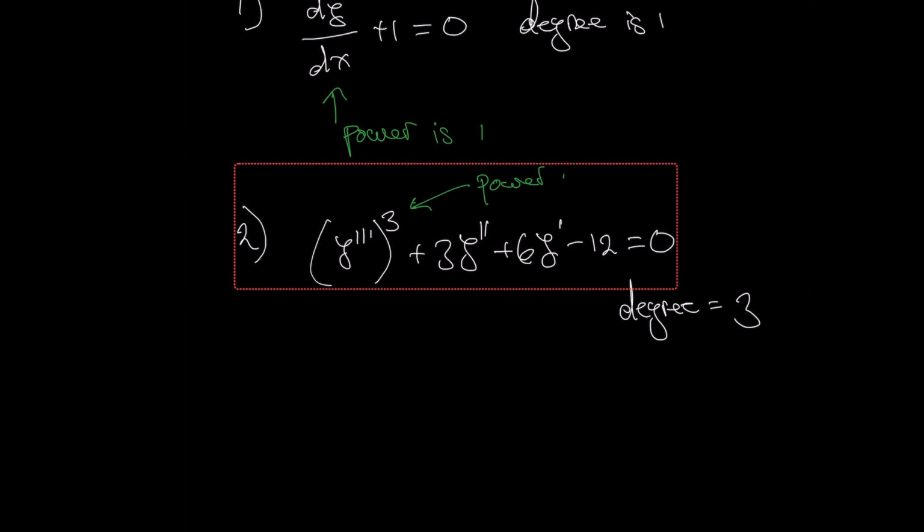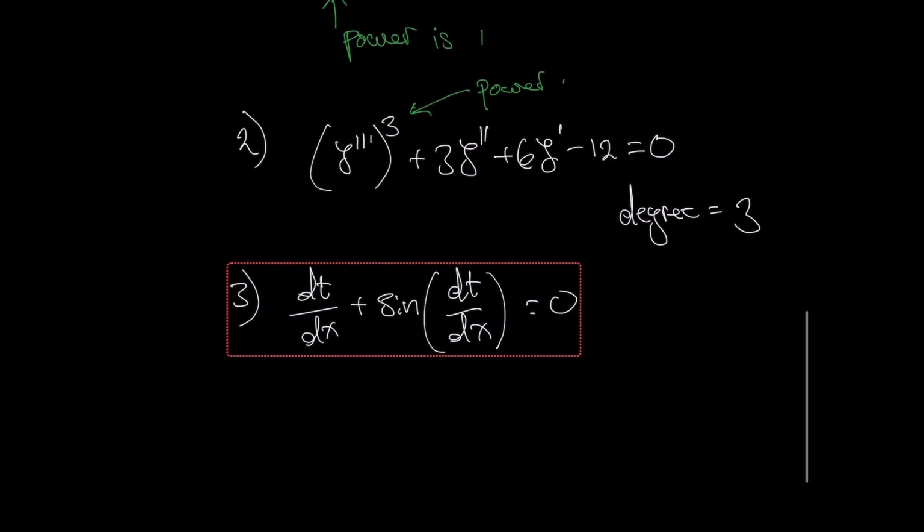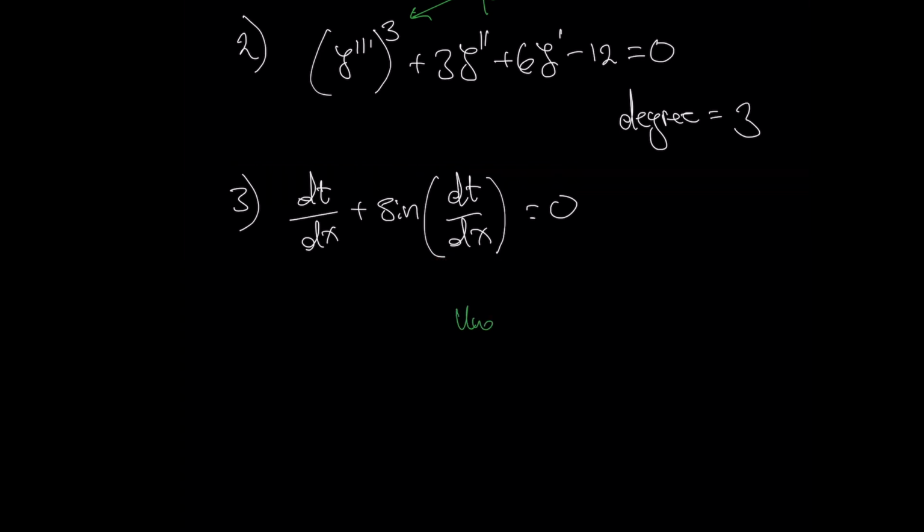We can look at another example. Hopefully you are getting the gist. Let's look at dt/dx plus sine of dt/dx equals 0. I would like you to guess what the degree here is. And yeah, you're wrong. So this has undefined degree